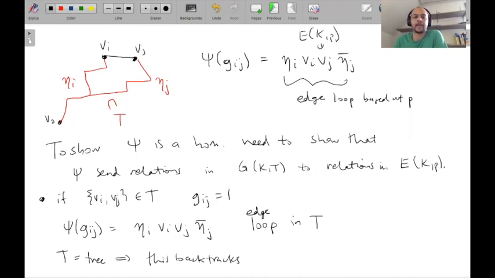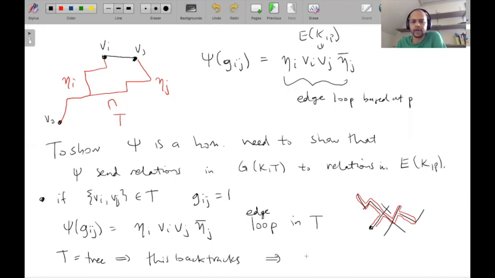And so you can simplify it. I mean, if you have some tree and some loop that starts at some point and then ends also at that point, then well, there's not much that it can do. It can go all over, but then since we're in a tree, it has to eventually retrace its steps somehow. And this backtracking allows you to inductively reduce the complexity of this edge loop until you just get to a constant. And so